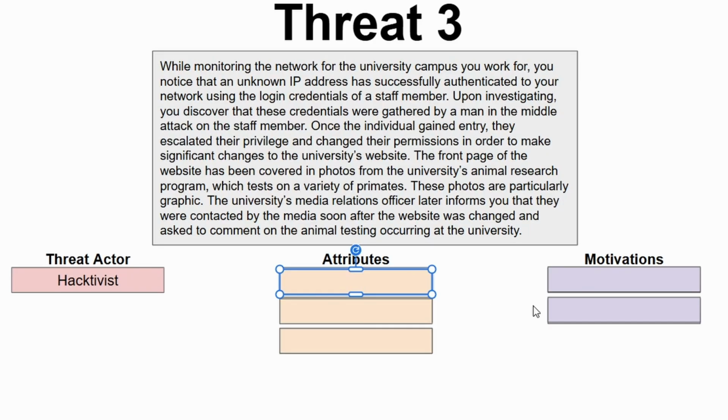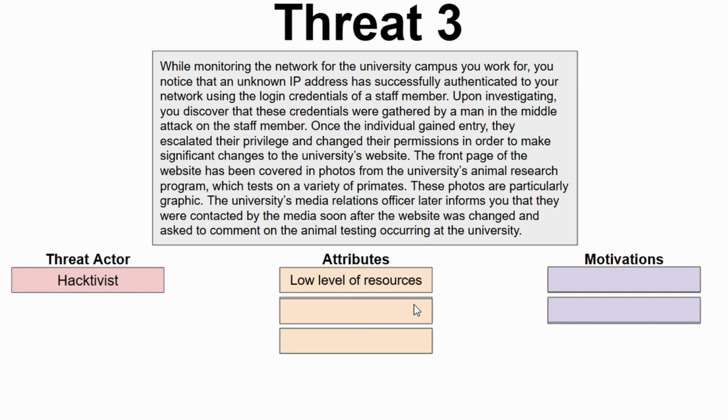All right. The attributes here, a low level of resources, right? They're not necessarily particularly resourced. This seems to be one individual doing work on their own. There's nothing about a lot of money being thrown at this. A lot of this can be done without a large level of resources. If we had to choose between high resources, comparing it to the nation state example, or low level of resources, low level of resources best fits this. There's not a lot of resources.